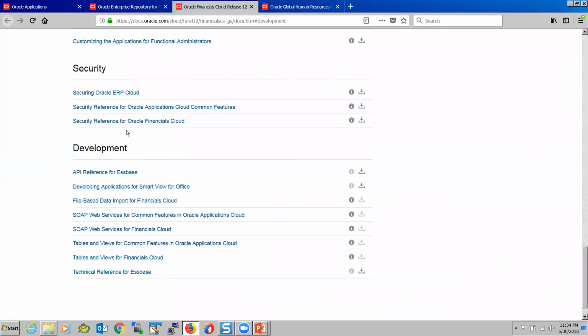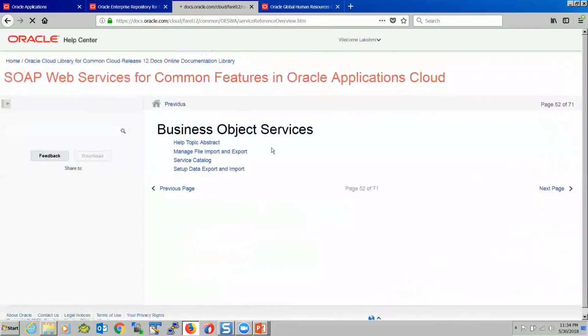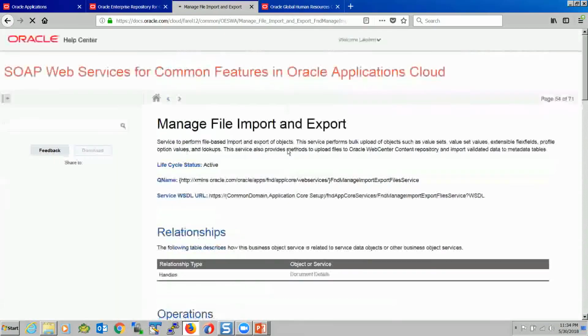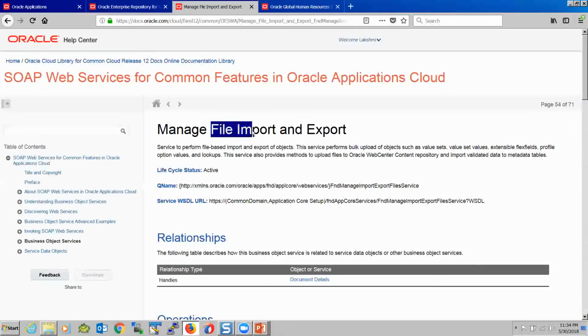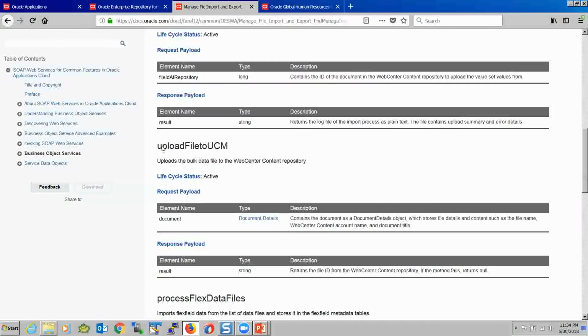If I go to SOAP web services for HCM, for example, it is actually to load the file into the cloud. Typically, this is the web service you have to call: upload file to the ECM. Similar to that,